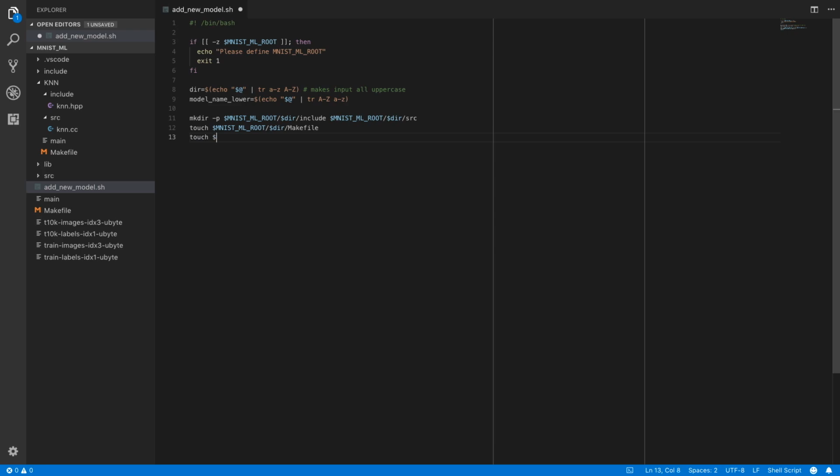And then we're going to say touch mnist mlroot dir include model name lower .hpp. And I think we need to surround this with quotes. Okay, and then we can copy this line, and then this is going to be in the source, and this is going to be .cc. Okay,